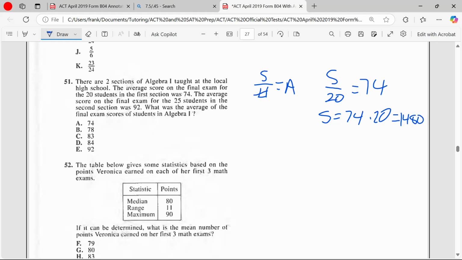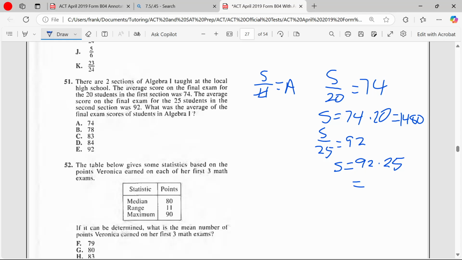And then for the second group, the sum divided by 25 equals 92. Again, the sum will be 92 times 25. Put that in a calculator. What do you get? 920, 1840